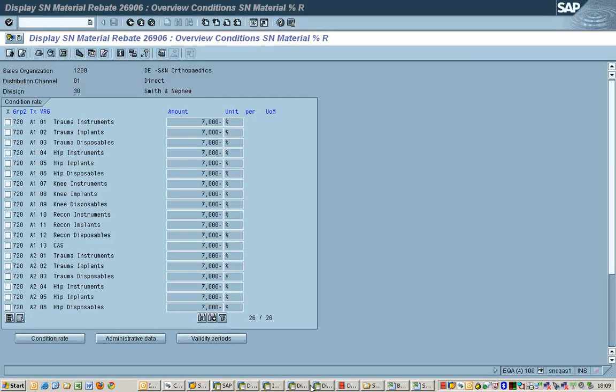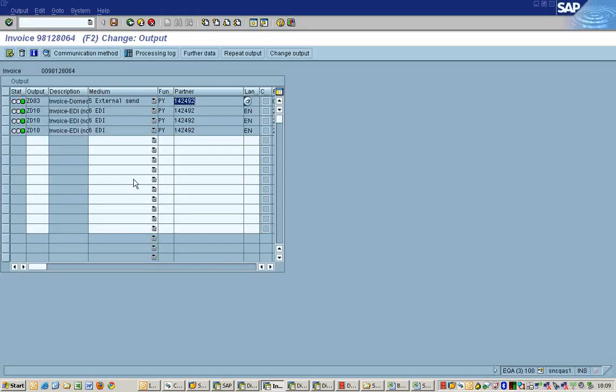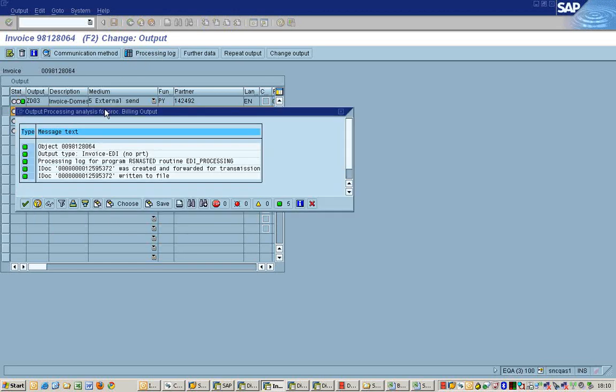Now we can see whether an IDOC file has been created. Just select this one, click on processing log. We can see an IDOC file has been generated. If you select the output type and click on processing log, you will see the IDOC type generated.